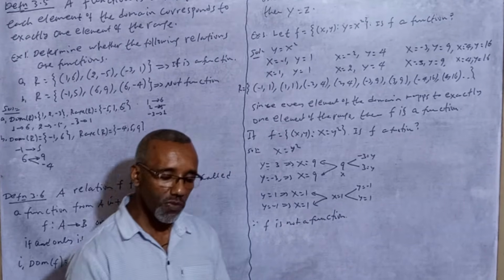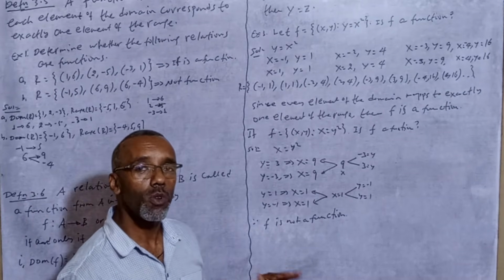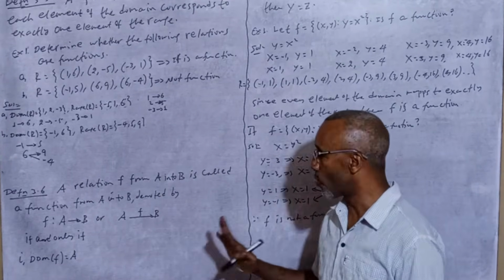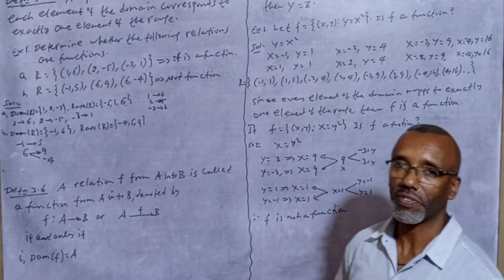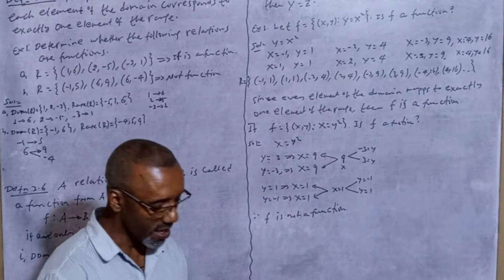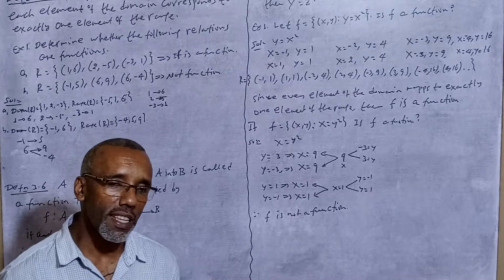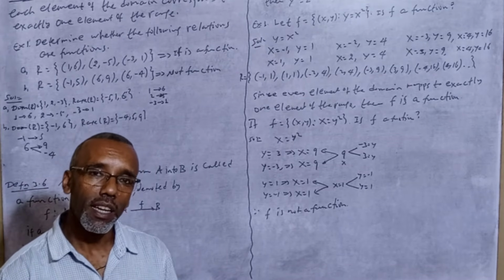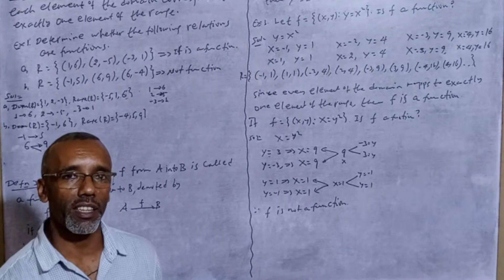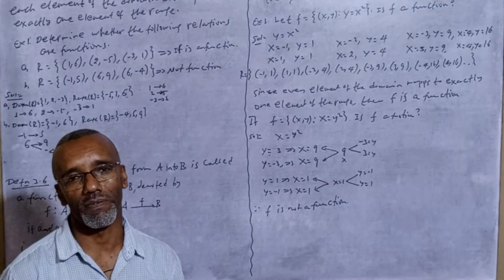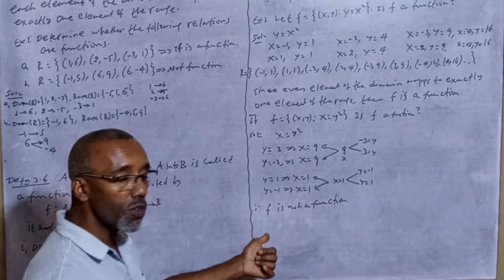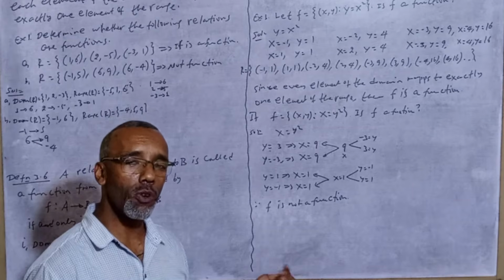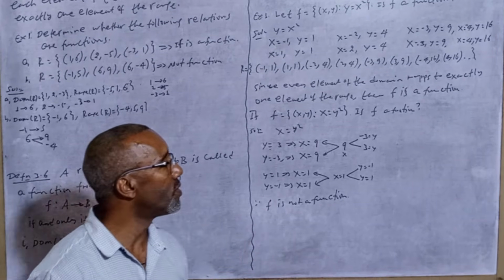ስለዚህ ፈንክሽን ለመሆን ምን መሆን አለበት ማለት ነው every domain of the function has to map to exactly one element of the range ማለት ነው። እያንዳንዱ ዶሜን exactly ከአንድ ሬንጅ ጋር ኮረስፖንድ ማድረግ አለበት ማለት ነው for this function to be defined function እንዲሆን ማለት ነው። ስለዚህ ምንድነው አንድ ሪሌሽን አለ ሪሌሽን ምንለው any subset of the Cartesian product between two sets A and B። relation define ማድረግ እንችላለን given two sets A and B relation from set A to set B or from set B to set A define ማድረግ እንችላለን ምን በማድረግ by taking the Cartesian product between A and B ማለት ነው። ይሄ ሪሌሽን ደግሞ ፈንክሽን የሚሆነው ምን ሲሆን ነው if the domain of the function is mapped to exactly one range of the function